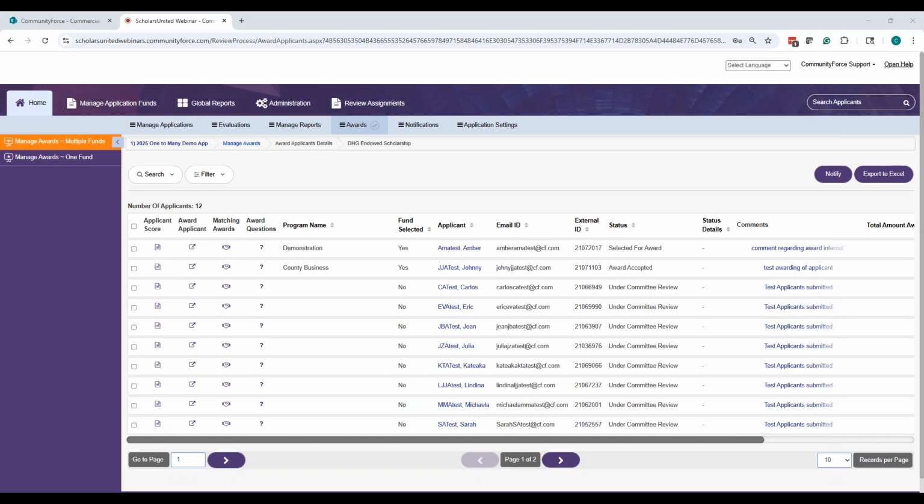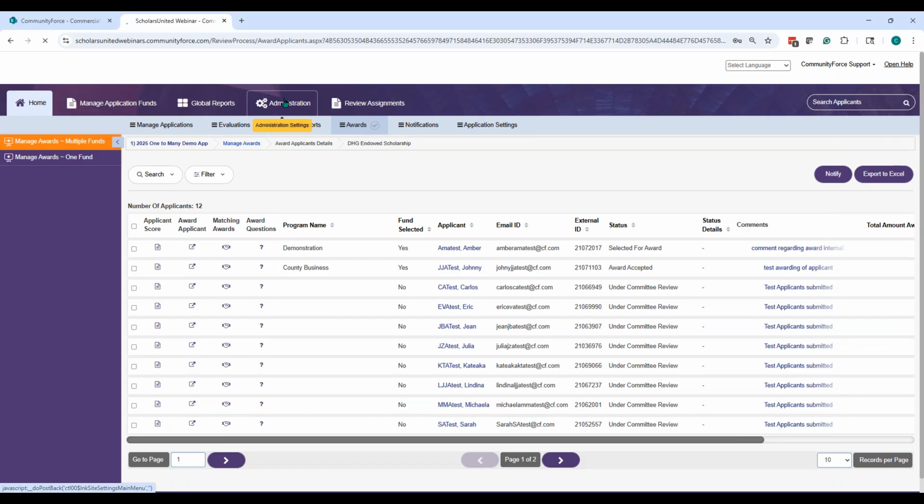Yeah, we do have some interesting questions. One of the questions is, I cannot see the scholarships on my awarding screen, even though I use the one-to-many process. Well, because you're seeing that as application specific. Can we go to the administration tab, Christine? So this is what you'll need to do.